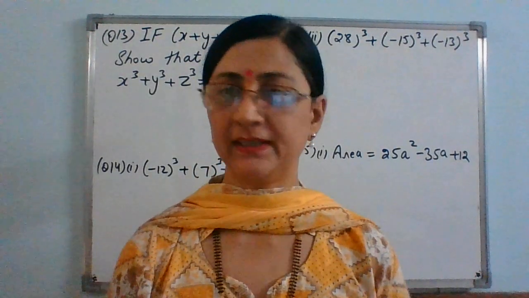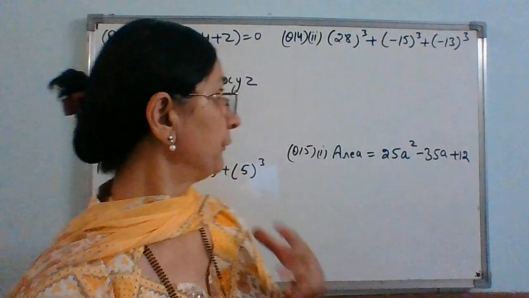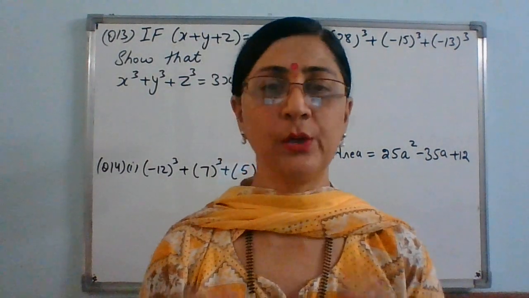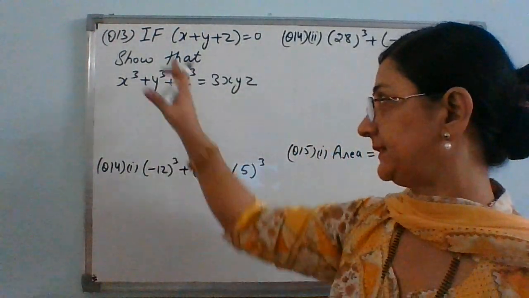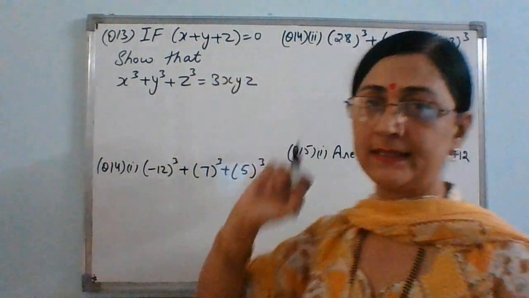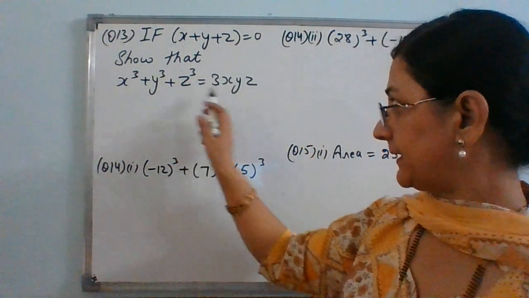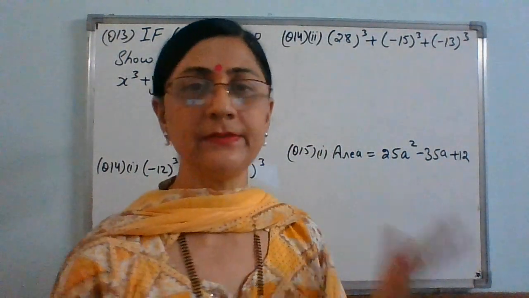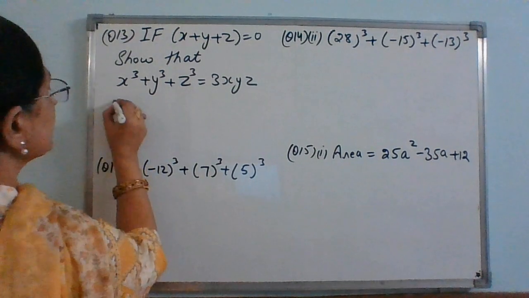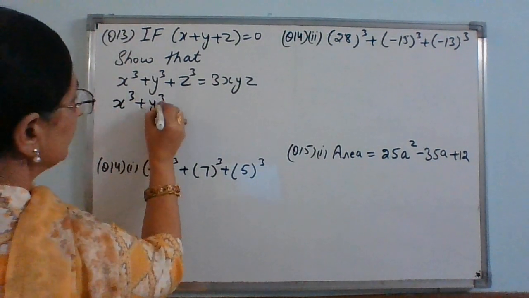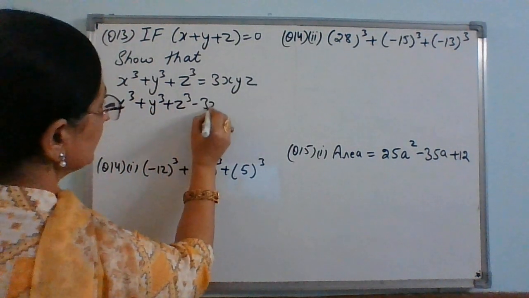Okay, now question number 13, 14 and 15 first part. What we have to do in question number 13 is: it's given that x plus y plus z is 0, then show that this equals this. This is very simple. We have to write that the identity is x cube plus y cube plus z cube minus